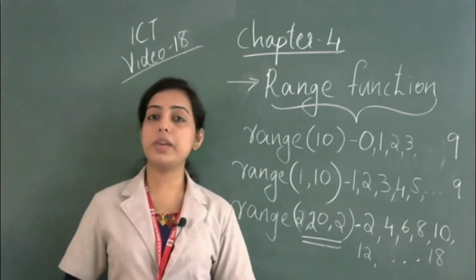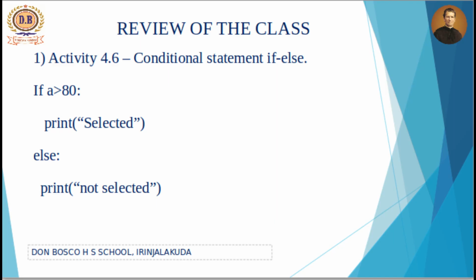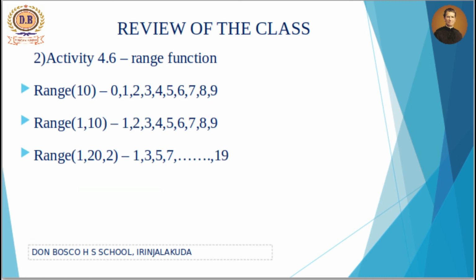Hope you all are clear about today's class. Today we have discussed two different categories. One is the conditional statement using if-else condition to check whether a condition is right or wrong. Then we moved to another category. In order to print a group of values, we use the range function in Python. So the range function has three categories. We specify the start value, the middle value represents the less than condition, and the end value represents the increment condition. There is a homework for you.